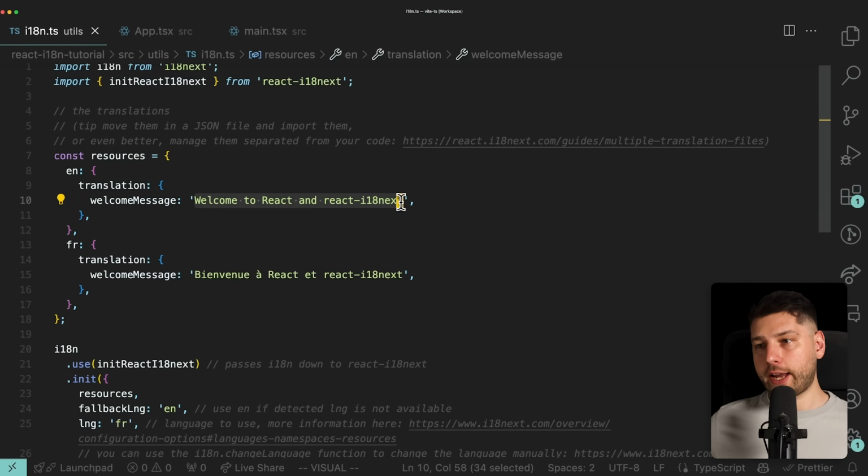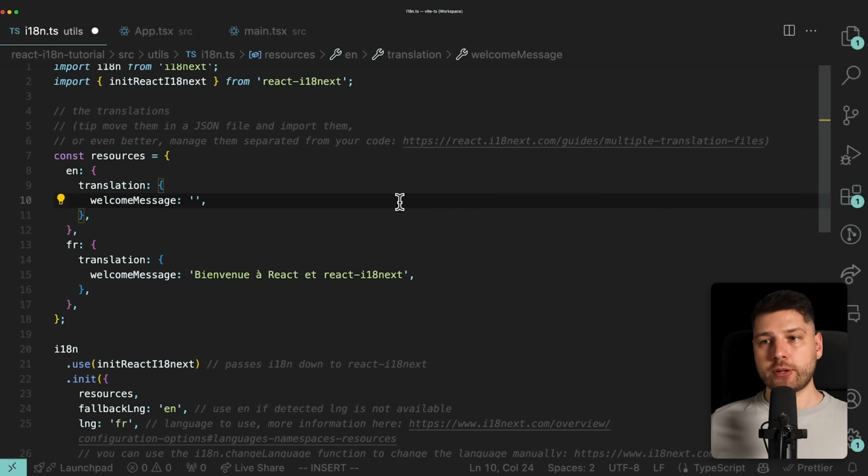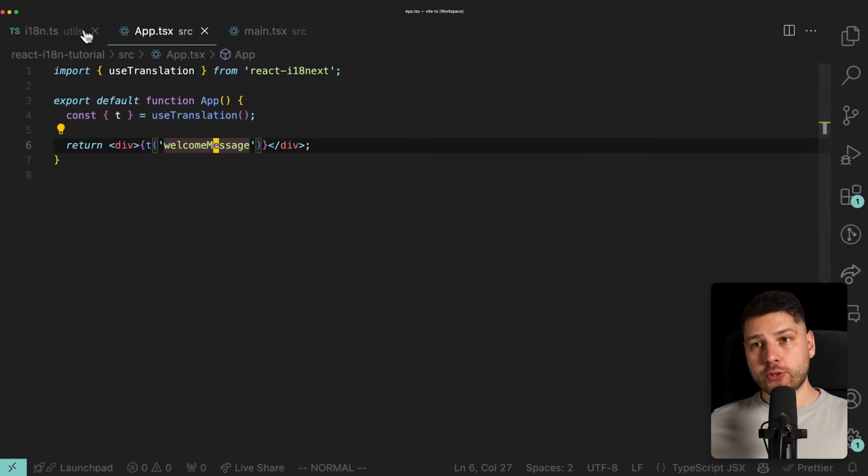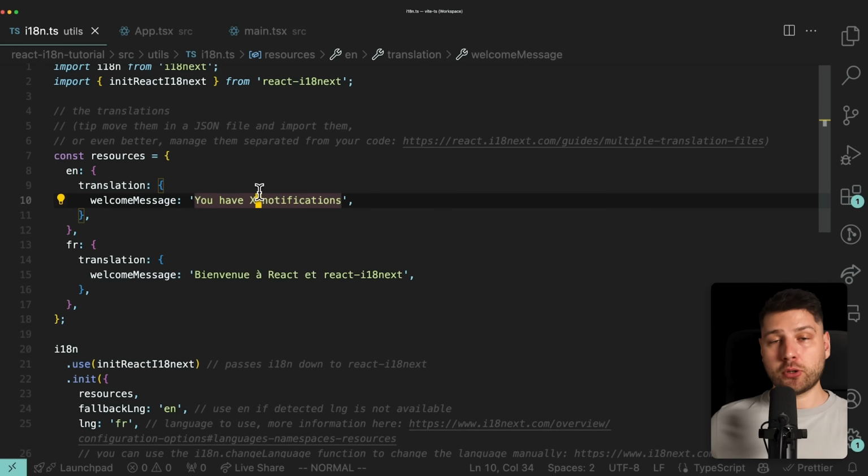So I can come here, I can remove all of this, and we can do something like "you have", and then I'm going to put a placeholder here. So "X notifications". So now we have this welcome message, which has this X over here that should be a number. We need a way to pass this number from our component so that React i18next can handle the plural and the singular case. If you have 0 notifications or 1 notification or 2 notifications, we should have a different string